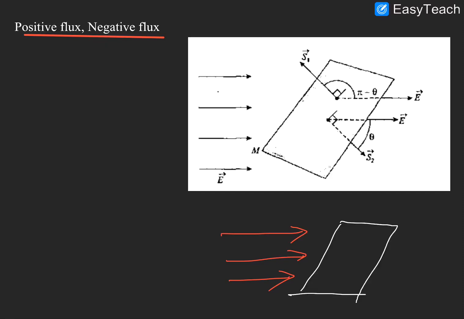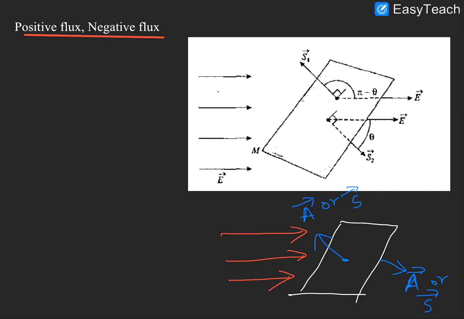This is the case. Now for the given surface, you can find two area vectors. Area vector means a vector perpendicular to the surface. So you can see two area vectors, because for your surface there are two sides. One side is here, so there will be an area vector perpendicular to this surface like this. This is an area vector A, or sometimes we will represent it as S, depends upon the textbook. Now on the other side also there will be a perpendicular vector, A or S, depends upon the textbook.